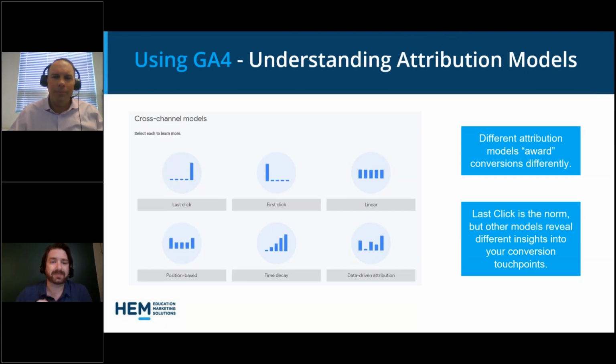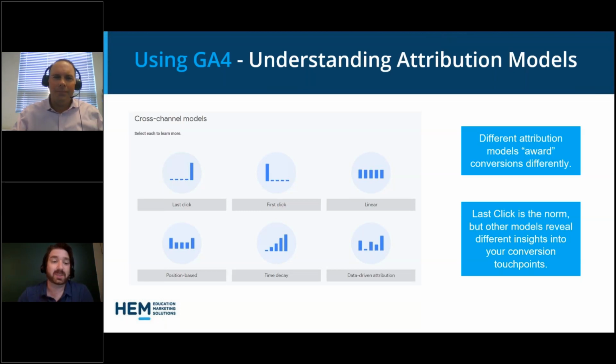and you won't have these other earlier steps within it. So things like first click, on the other hand, put a lot of priority on the very first way a student or prospective student discovered your content. So say they saw a branded ad somewhere, they clicked it, didn't do anything for a few days, but then they interacted with your Facebook page and then finally came and became a lead, they would attribute that to the very first thing they saw, so in this case, the branded ad. Some of the other models aren't used as often, but for instance, linear attributes everything equally. So if they touch 4 different parts of your content, they'll all be awarded parts of the conversion.